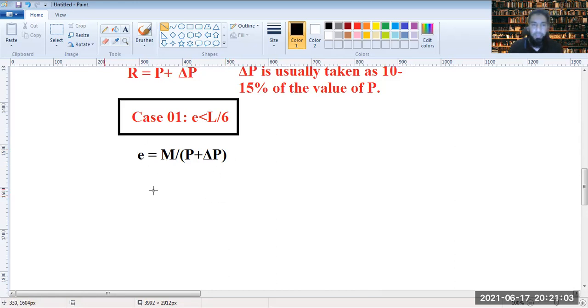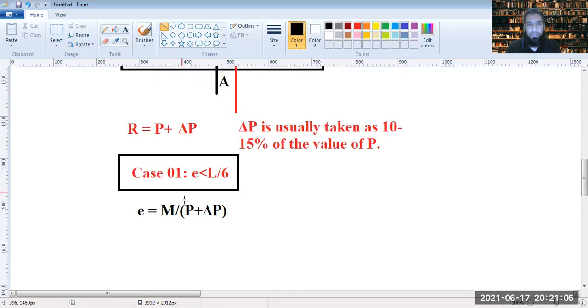E is M by P plus delta P, because M is P plus delta P into E, P plus delta P being the total load. So once we know the total value of E now, and we know its location, it being less than or equal to, it could also be equal to L by 6,